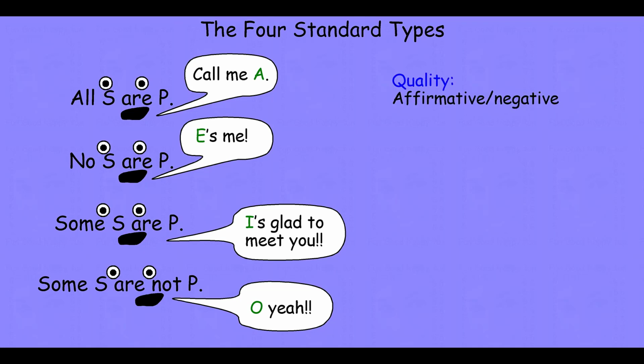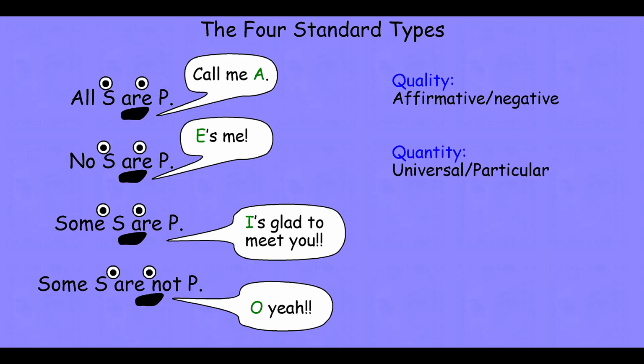We should note some important properties of each of these statements. They all have a quality, and the quality is either affirmative or negative. Affirmative quality means that the subject class is being included in the predicate class, either all of it in the case of a universal or some of it in the case of a particular with those some quantifiers. Negative categorical statements are ones in which the subject class is excluded from the predicate class, either all of it in the case of universals or at least one member of the subject class being excluded from the predicate class in the case of particulars.